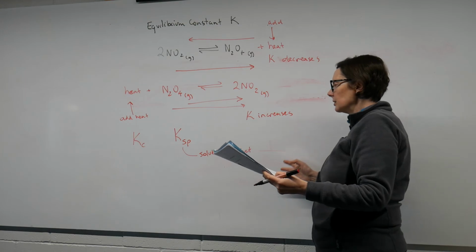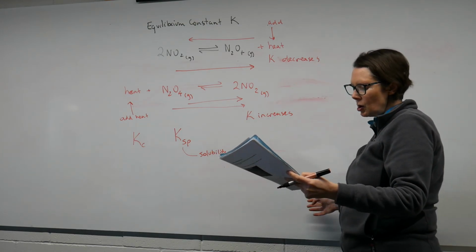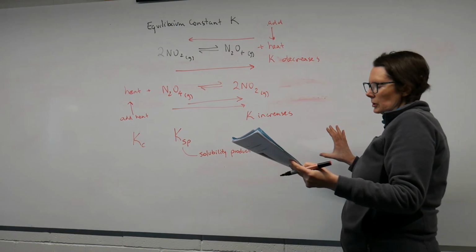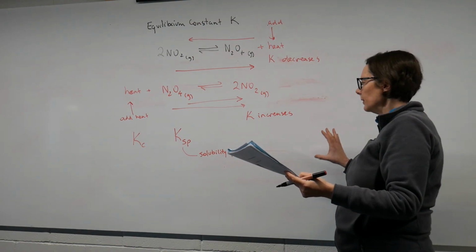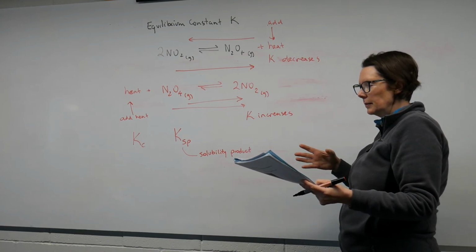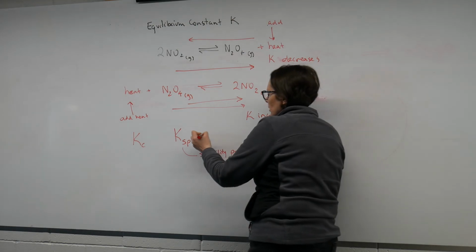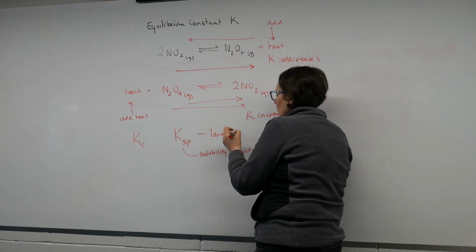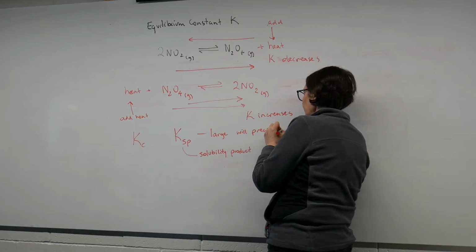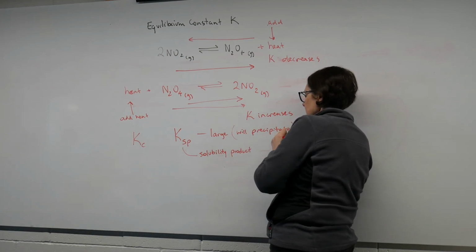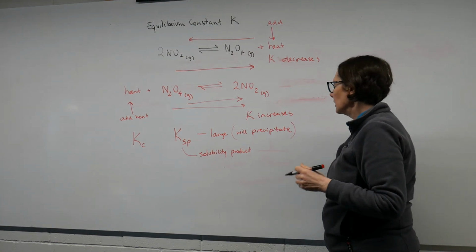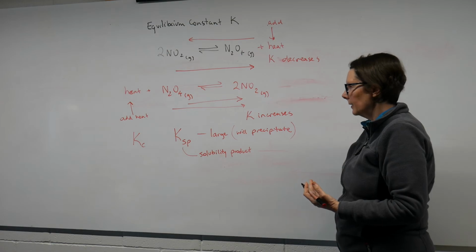And this tells us about how readily a compound will dissolve. So if we have a very high solubility product, so if this is large, then it will precipitate. Because that's really telling us that our